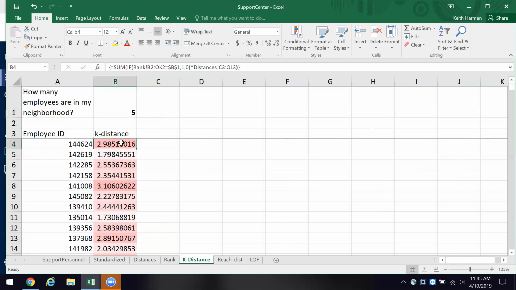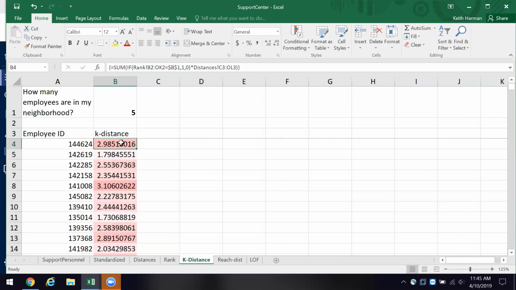And we'll come down to the K distance. And notice here, he shows us another function. We're going to sum this. Okay? And let's talk about that. We've got the function, that's the little curly brace. And then we have the IF, so we know it's a conditional statement. And the rank, that's the rank being checked. And that means they're going to go back to the rank